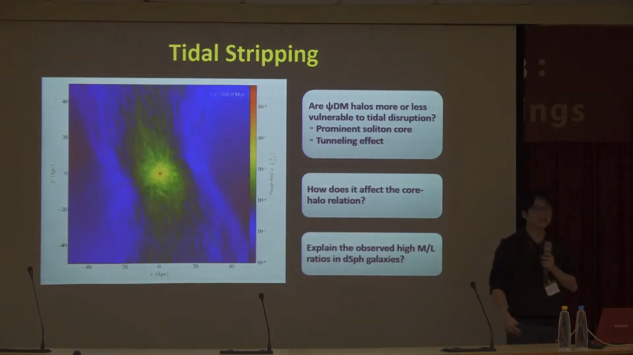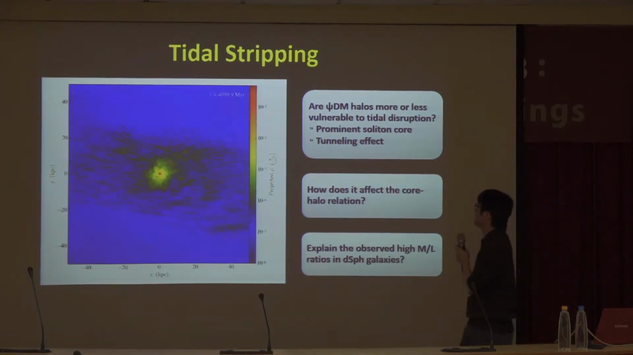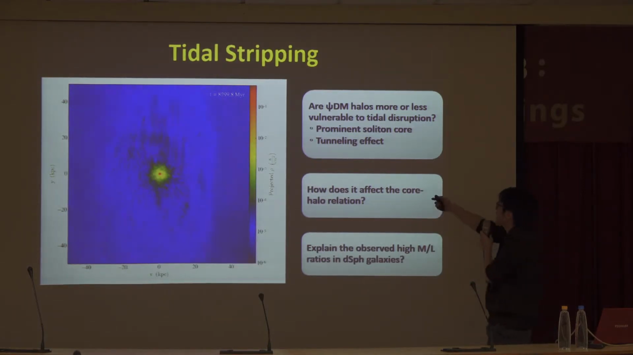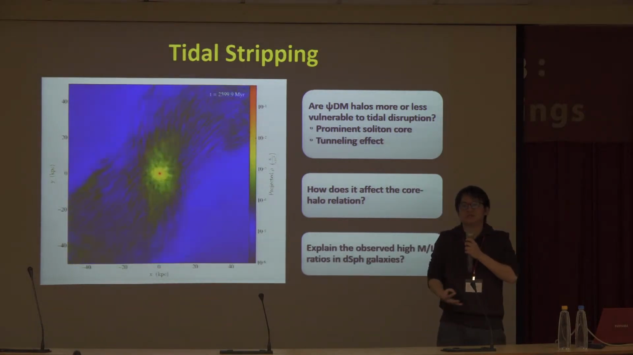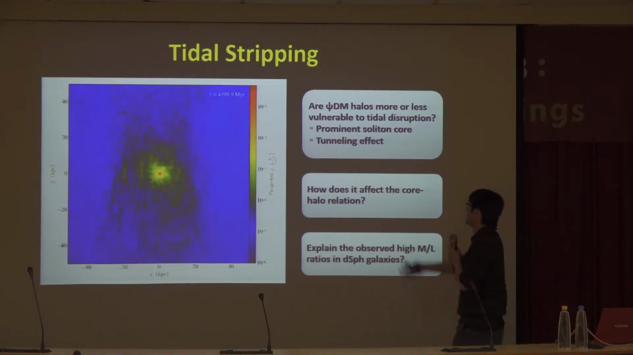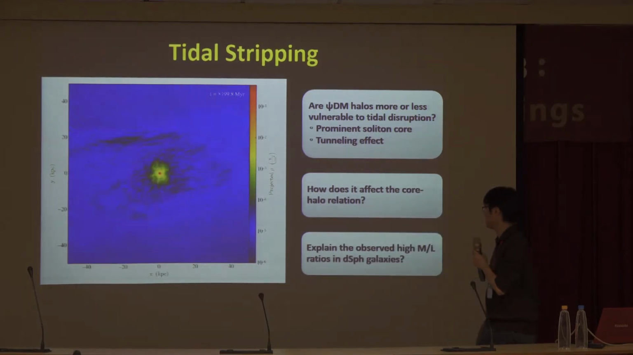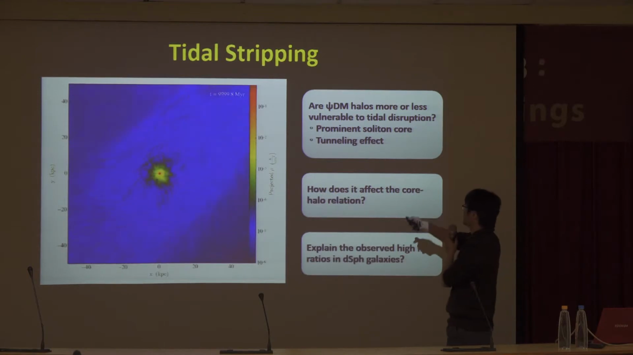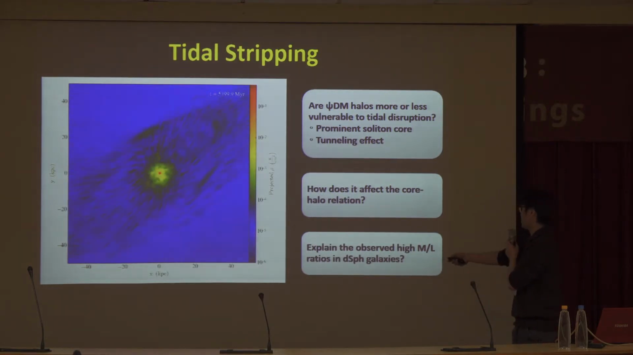We are also studying the tidal stripping of FDM halos. There are many interesting questions we can ask. For example, is our FDM halo more or less vulnerable to tidal disruption? On one hand, they have a prominent soliton core, which is the ground state, so it should be more difficult to destroy them. On the other hand, the wave effect may make it more vulnerable to tidal disruption. We are also curious whether this tidal stripping might affect the core-halo relation I talked about previously, and whether it can help explain the observed high mass-to-light ratios in those